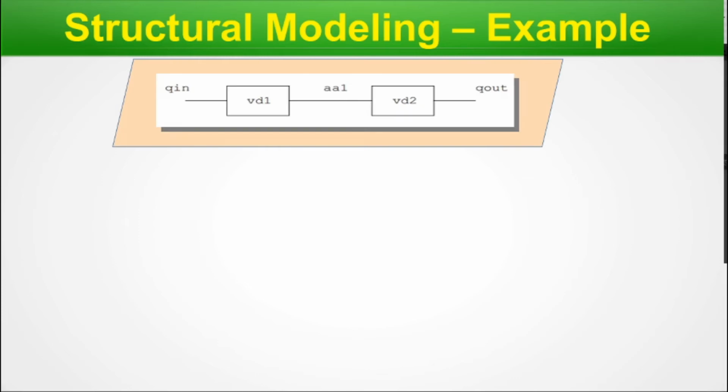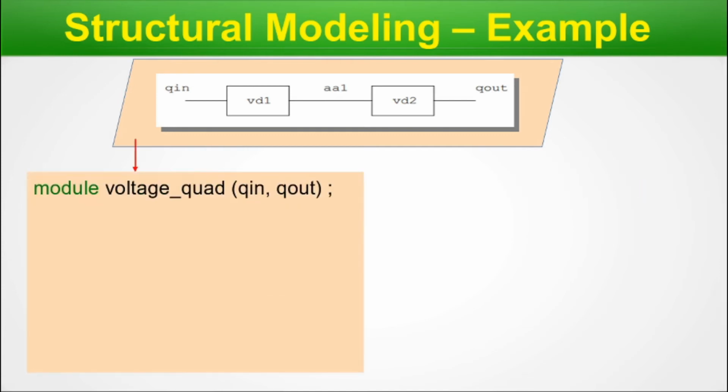So here is our circuit. In this circuit, we can see there are two sub blocks, VD1 and VD2. The input Q in takes whatever voltage we give, and Q out will give 4 times this voltage. Now we come down to VD1 and VD2. These are two voltage doublers, connected in series. The first one doubles the voltage, and that doubled voltage is again doubled to get 4 times the input voltage at Q out. Okay, so let's see.